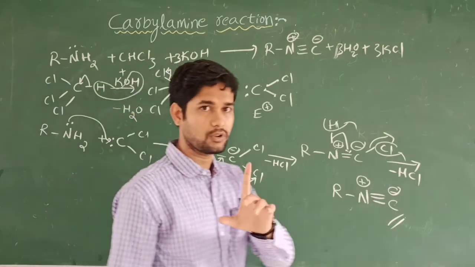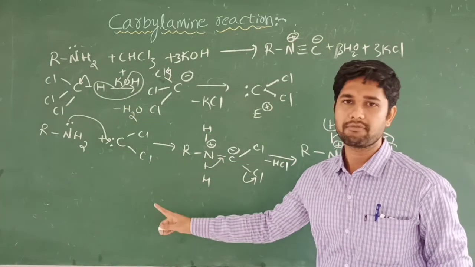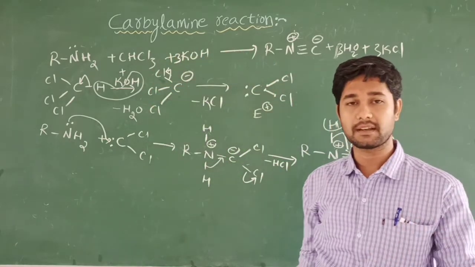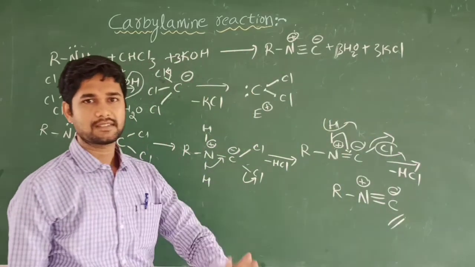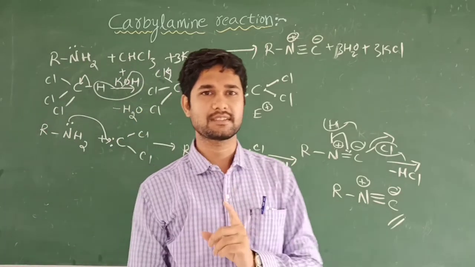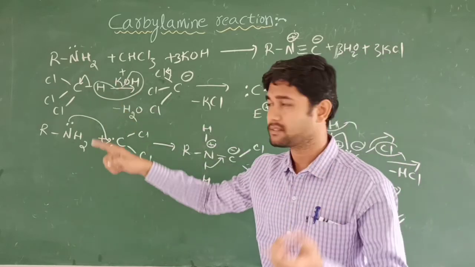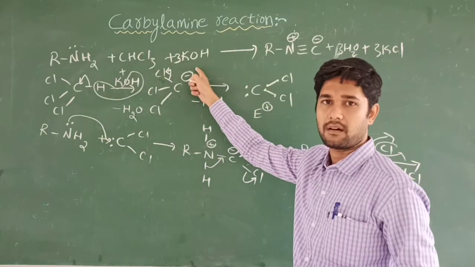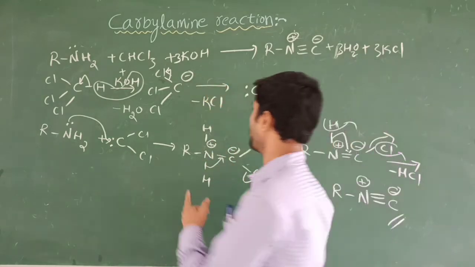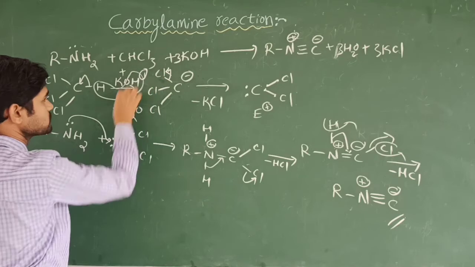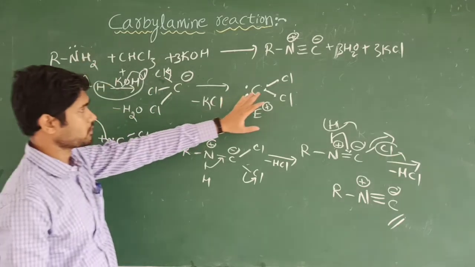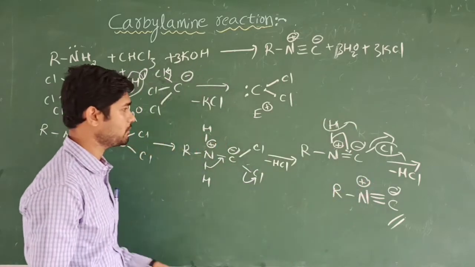And you may have one doubt, one rule is there, one note is there. Only primary amine takes part in the carbylamine reaction, but not secondary amine and tertiary amine. Why do secondary amine and tertiary amine not get involved in this reaction? Because of one reason. You see here, when I take primary amine, alcoholic solution of potassium hydroxide was used here, three times. This is one time I have used it, and also you are going to get the product KCl, three times I am going to eliminate here.